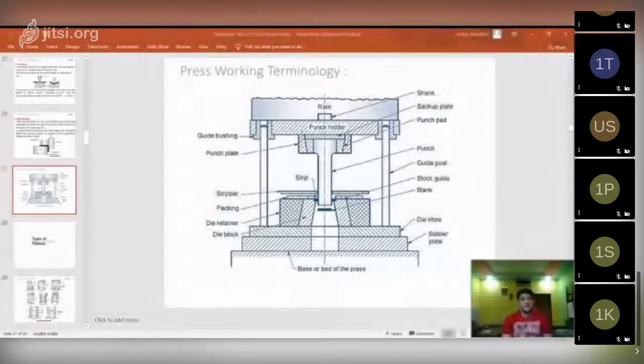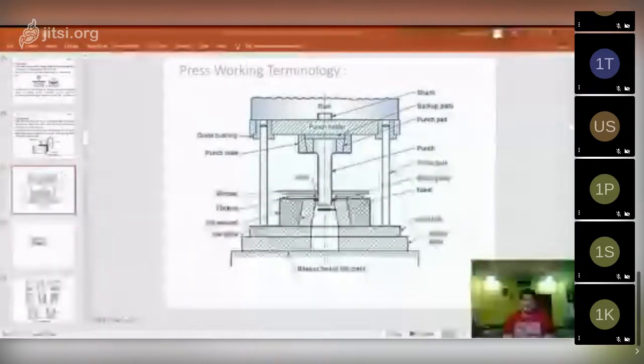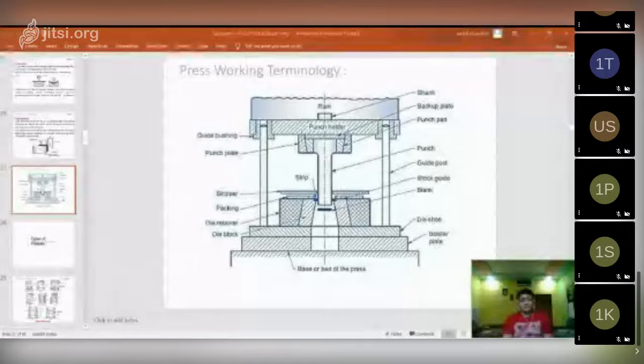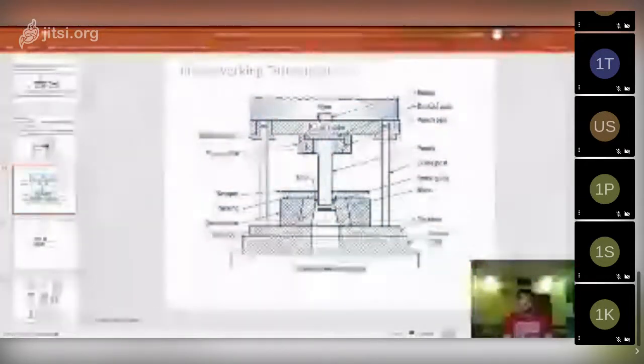So we saw that. Now in this class we are going to see how you can actually design a die and punch for a particular application, either for blanking or piercing. The most common operations performed on the press machines are blanking and piercing, where the shearing mostly happens.